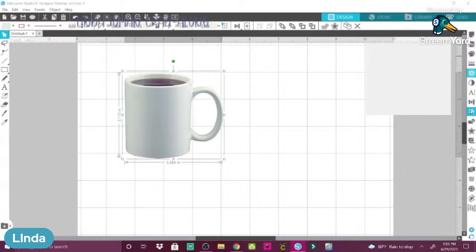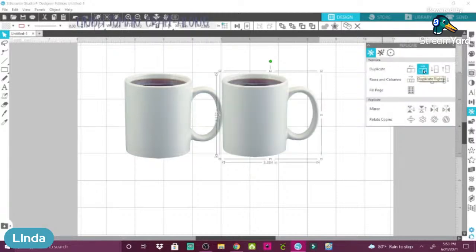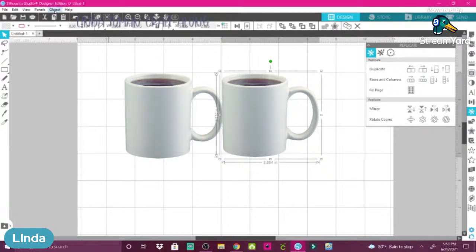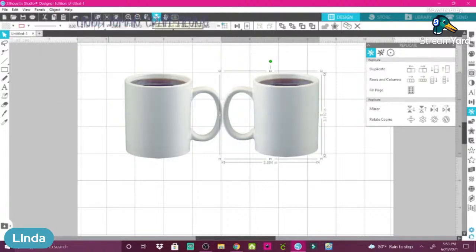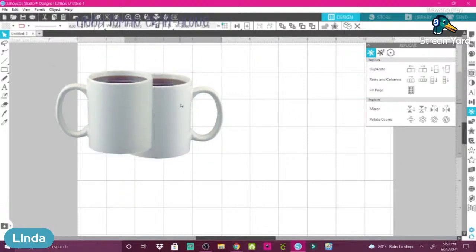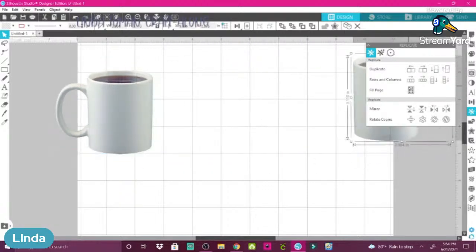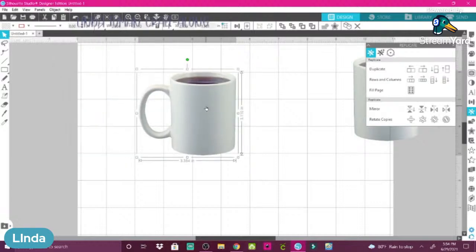So we're going to come over here, and we're going to duplicate. And then we're going to flip that one. So we're going to mirror it. Flip it horizontally. Alright. So we got this one here, and we'll put this one here out of the way. Alright. So now